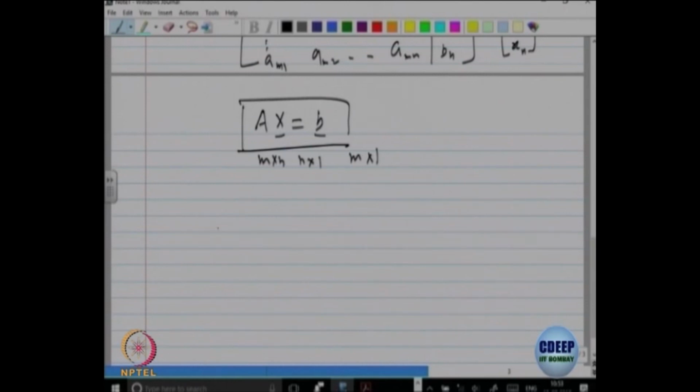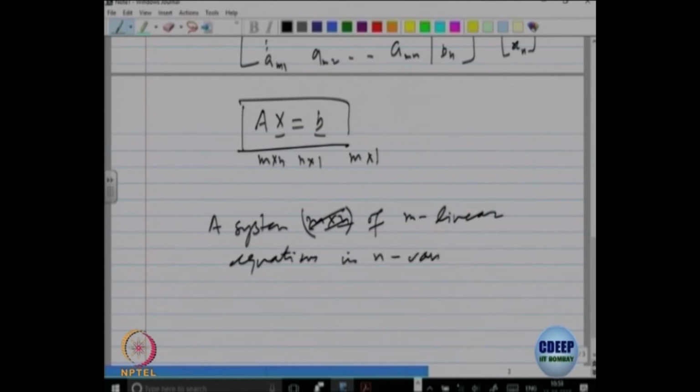So, a system, instead of writing m cross n, of m linear equations in n variables can be represented as a matrix equation Ax equal to B,